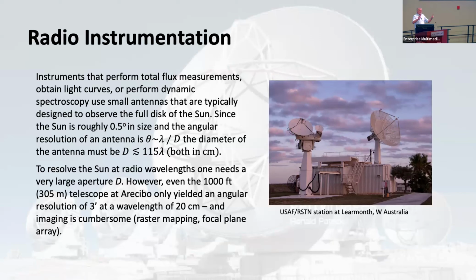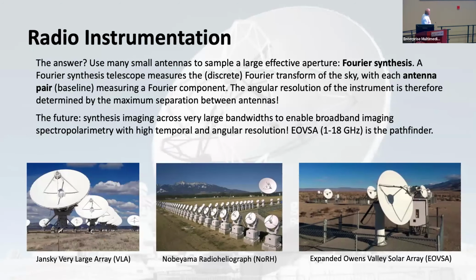talking about long wavelengths, even with the old Arecibo telescope, 305 meters across at a wavelength of 20 centimeters, you had 10 pixels across the source. I mean, it was 3 arc minutes. You can't really use single dishes to make images unless you have, say, a focal plane array, which is still limited by resolution, or you just raster this great big thing. That's not really feasible, and there are way more elegant ways of doing it, which is to basically break your big aperture apart into little dishes, and then through correlations between those dishes, you measure the Fourier transform of the